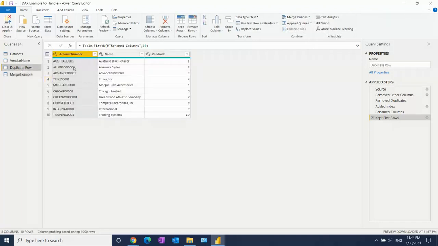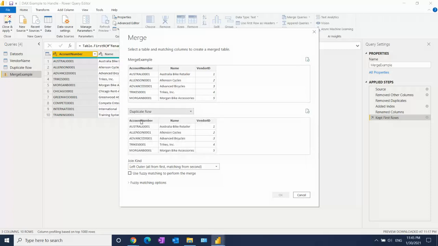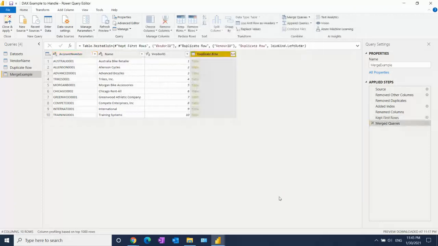Here I have vendor account name and vendor name. And here too, I wanted to keep all information, all columns to be displayed here with the table name. So for this I'm going to use merge, select the table first, select the respective table, duplicate rows, then select the unique keys. So the unique keys are this for this table, and now select OK.